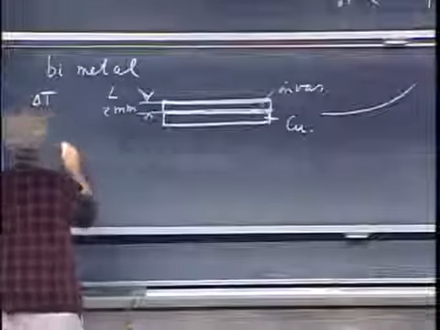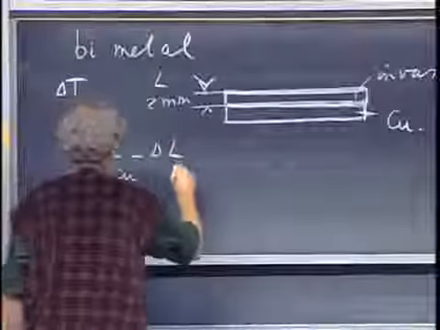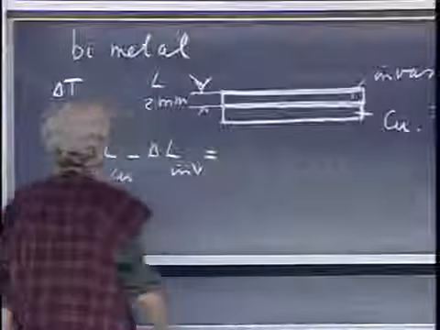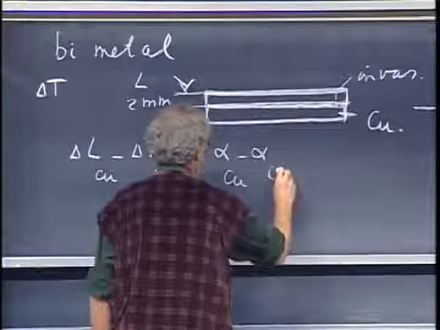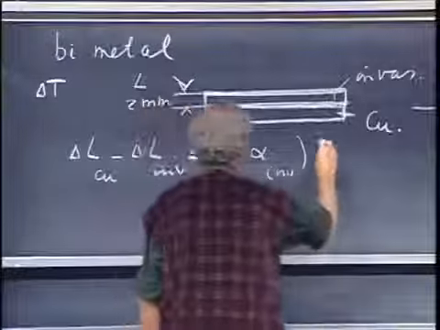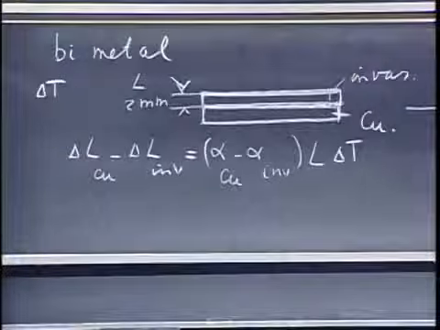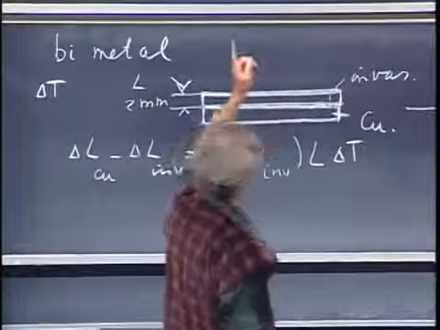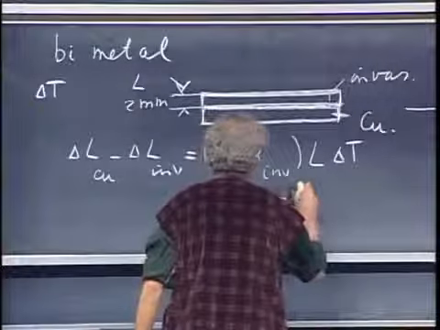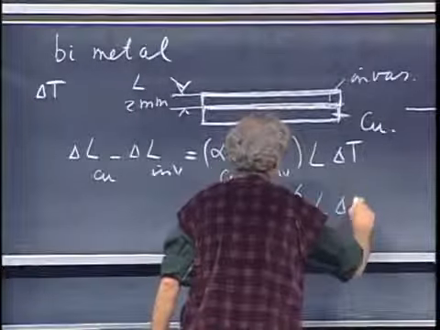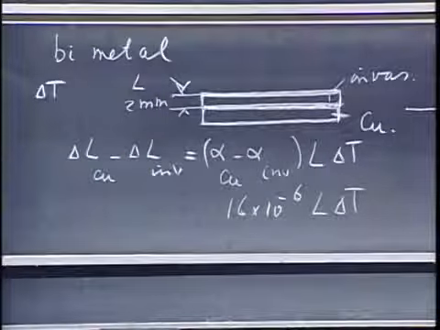So what I'm interested in is really the delta L of the copper minus the delta L of the Invar. That's what I'm after. And that is the alpha of copper minus alpha of Invar times L times delta T. So it is the difference that matters. So the difference is 17 minus 1, so that is 16 times 10 to the minus 6 times L times delta T. And if I take a length of 10 centimeters,